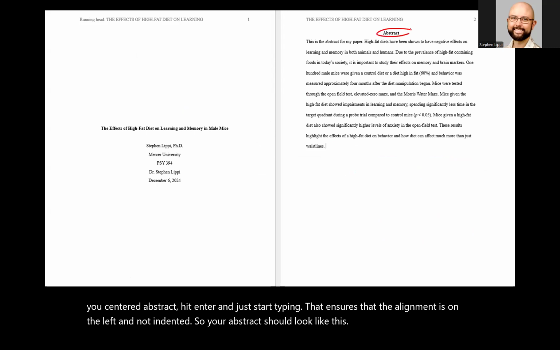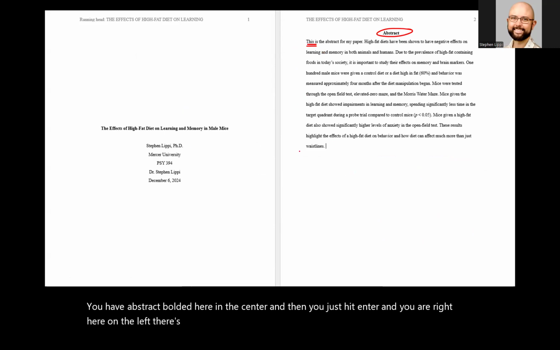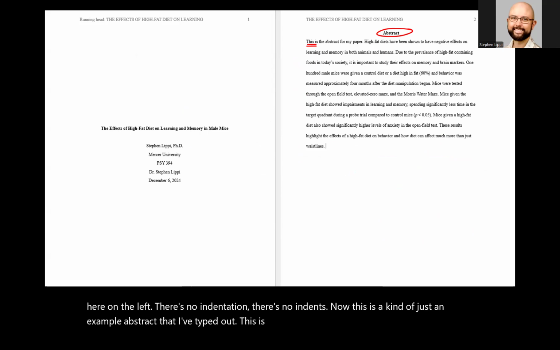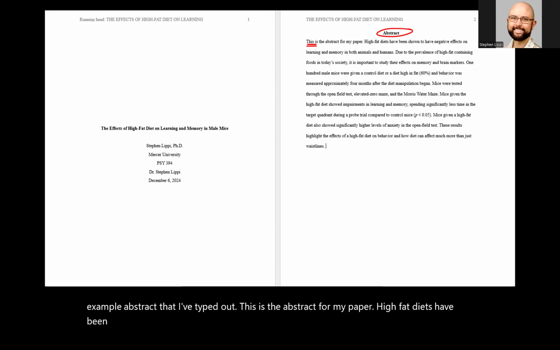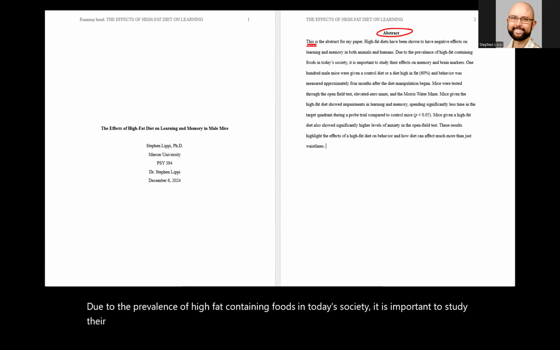You have abstract bolded here in the center, and then you just hit enter and you are right here on the left. There's no indentation, there's no indents. Now, this is just an example abstract that I've typed out. This is the abstract for my paper. High-fat diets have been shown to have negative effects on learning and memory in both animals and humans. Due to the prevalence of high-fat containing foods in today's society, it is important to study their effects on memory and brain markers. Notice those first two sentences are just giving background information about the research topic and